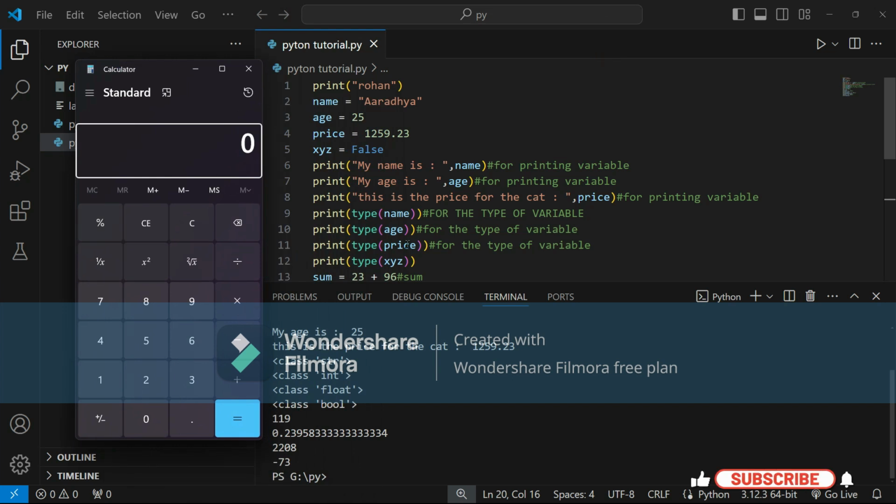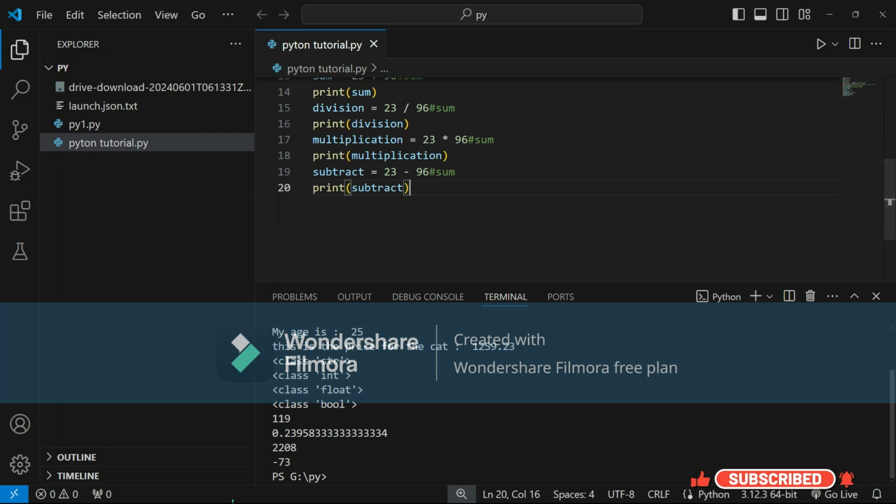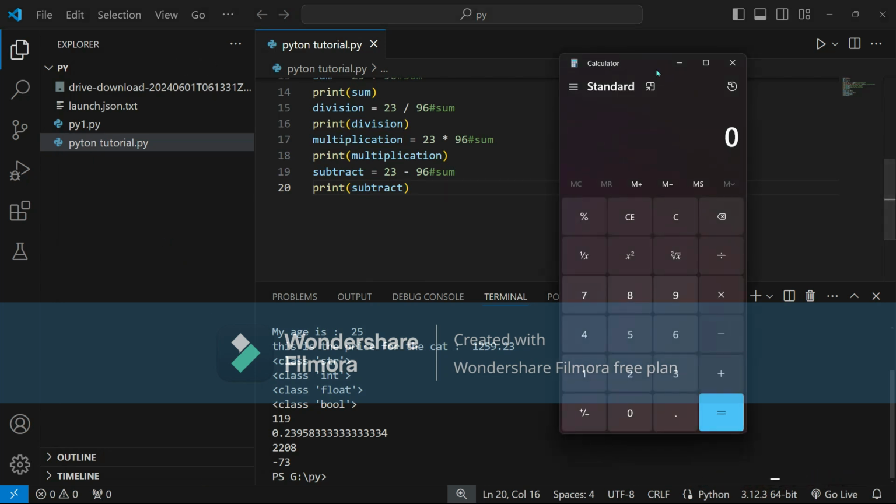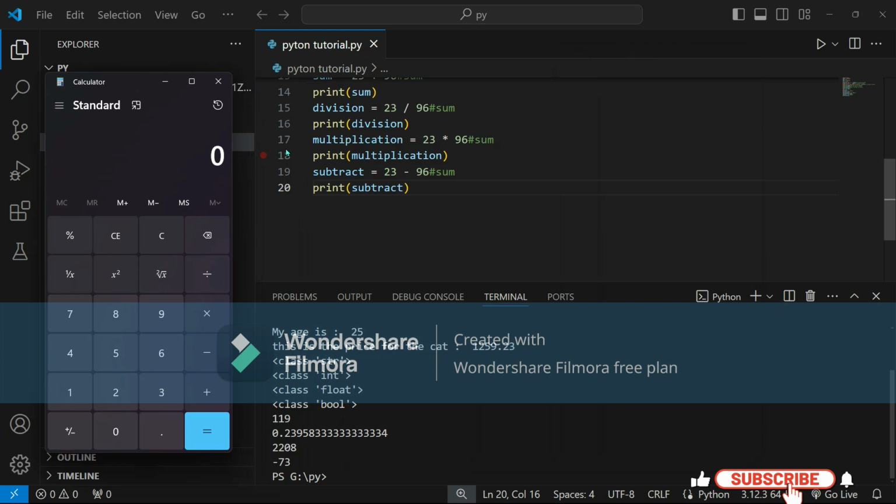Let's check the multiplication. 23 into 96 is totally correct. Now let's check the subtraction. 23 minus 96 is minus 73, which is absolutely correct.